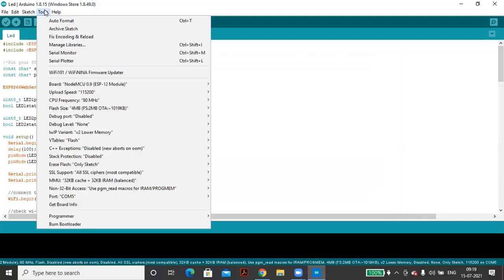So first of all, two things you have to mark: selection of the board, and whether your port is showing or not, from where we will dump our program into the board. This is very necessary. If this does not work, your program is not going to dump.